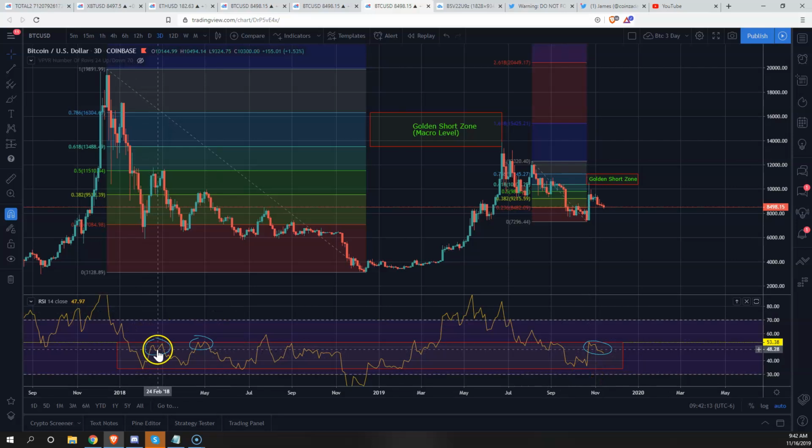We can see that when it gets to the top of this box, it's strong resistance, right? Came up, tested it, failed, retested it, failed. Same thing we got here. We came up in a strong move, we tested it, we failed, we retested it, failed. These are double tops. These are textbook double tops, guys.